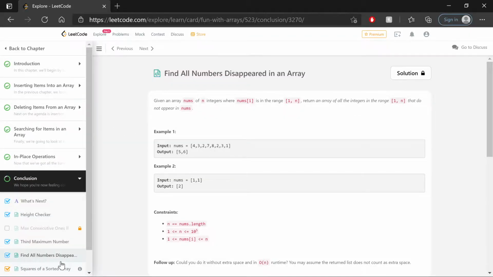Welcome back. Let's get to solving the last problem in this Array 101 card. We're given an array nums of n integers, where nums[i] is in the range of 1 to n. So in other words, we can't have an array that has, say, 3 integers present in it, and one of them equals 5. The values have to be between 1 and n. So we want to return an array of all of the integers in the range 1 to n that do